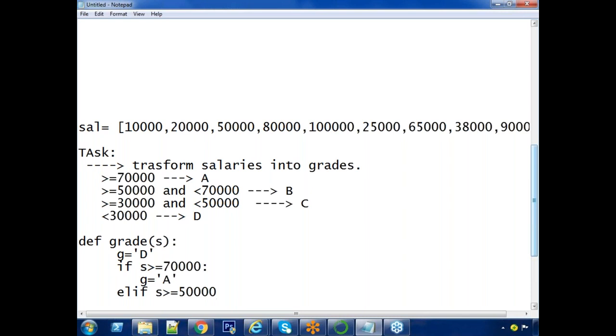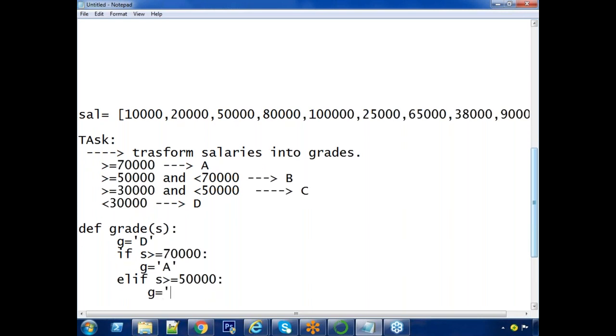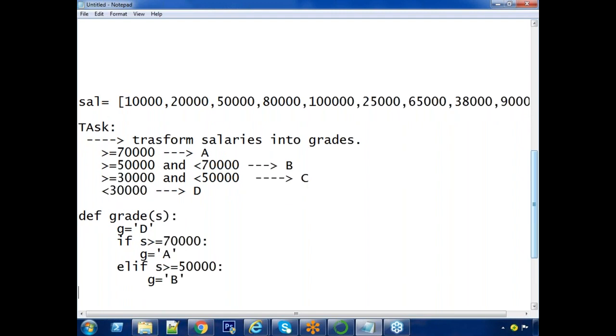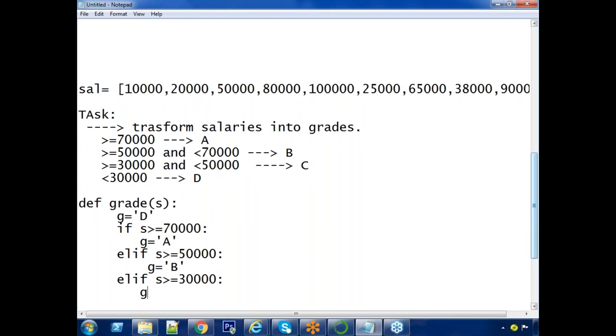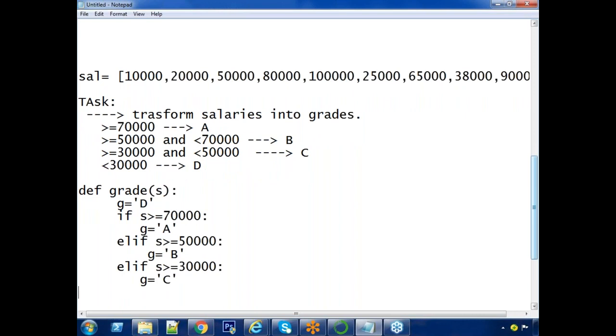No need to check less than 70. Already first condition false means what? Definitely value is less than 70, right? No need to check it. If it is true, grade equals B. Still else, again elif S greater than or equal to 30, the grade value C. Still false, already I have a default value D. Understand the points? Finally, I am returning